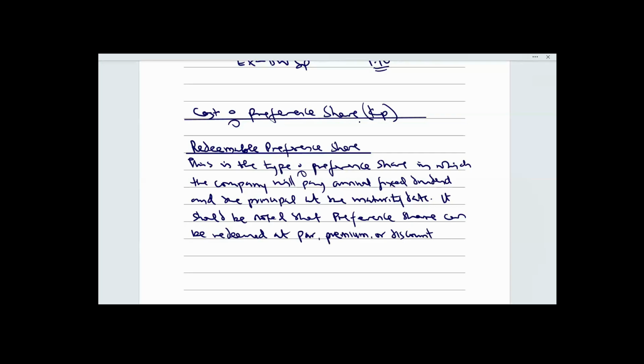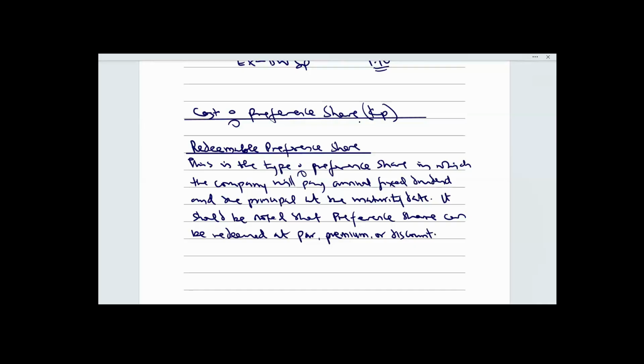So if preference share is redeemed at par, which means at 1 naira, that's at a nominal value. Nominal value is usually 1 naira. But if it's at a premium, that means it is more than 1 naira. It could be 1 naira 5 kobo, 1 naira 10 kobo, 1 naira 20 kobo. But if it's at a discount, it will be less than 1 naira. So 1 naira is the benchmark because that is the par value. It could be 90 kobo, 80 kobo, 95 kobo. That is at a discount.